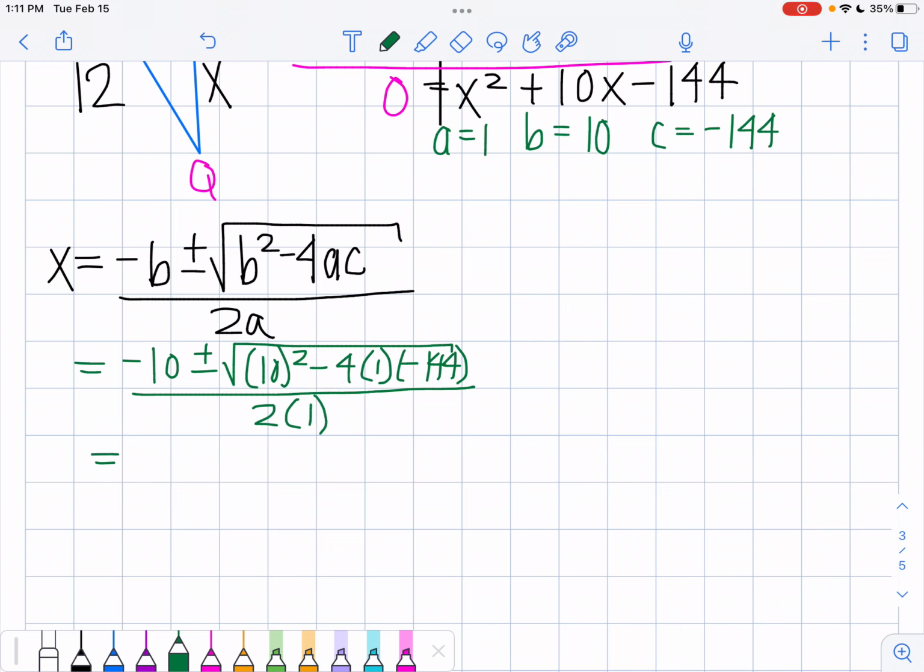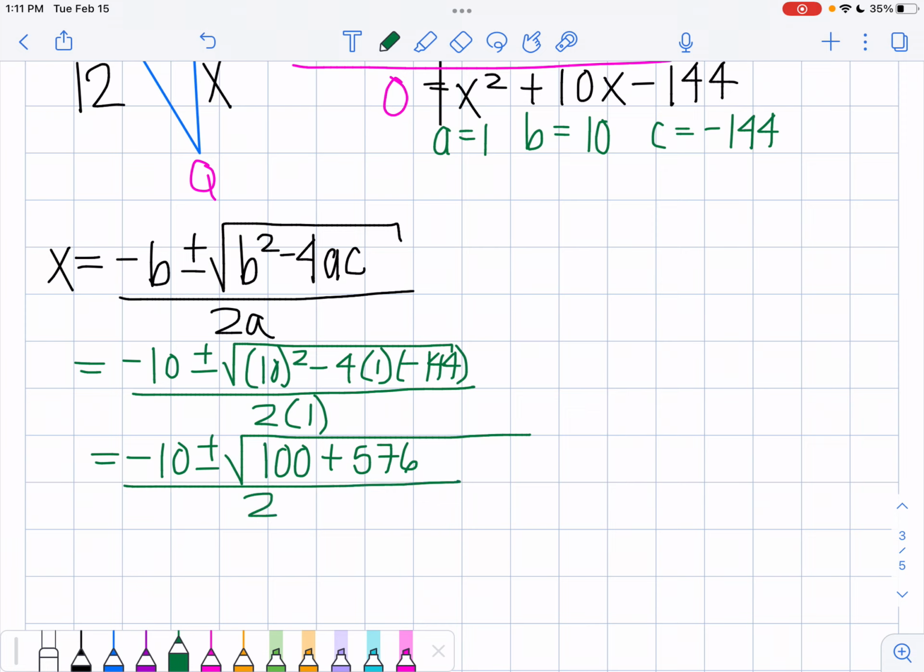I'm going to simplify inside my square root first. I get 100. Negative 4 times 1 times negative 144 is a positive number, so this turns into a plus, because a negative times a negative is a positive. And 4 times 144 is 576,